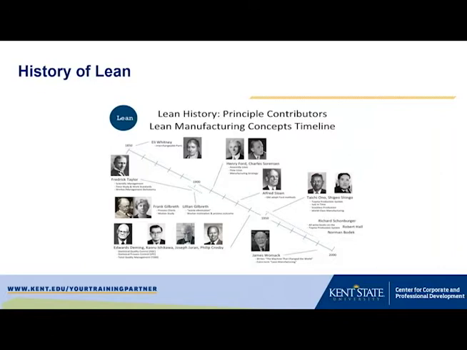But a lot of the stuff around lean that people refer to today really stemmed out of after World War II with the gurus down on the lower left here: Edwards Deming, which I've referenced before, Ishikawa, Juran, and Crosby. Those of you that have done any reading in the quality world might recognize some of those names. And you might say, what are they doing on a history of lean?